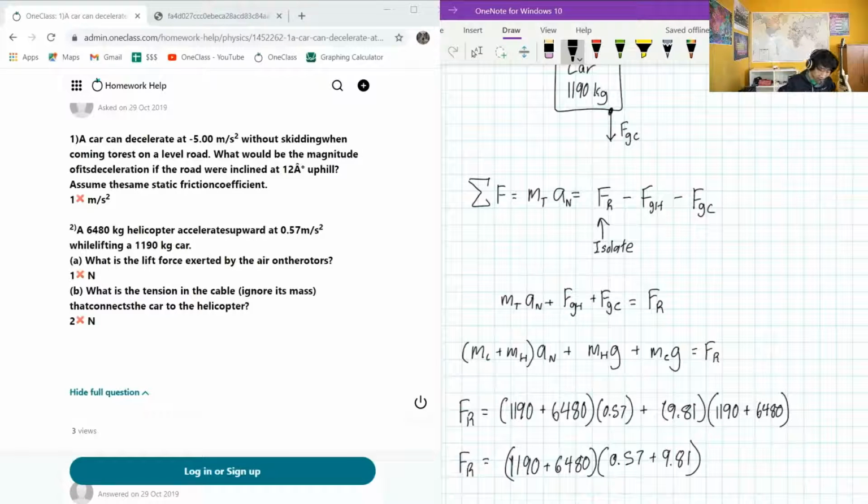Okay, fairly straightforward. So let's send this in our calculator and figure out what that is. 1190 plus 6480, multiplied by 0.57 plus 9.81,